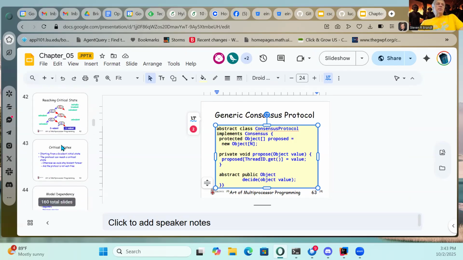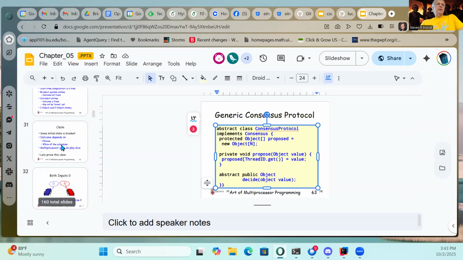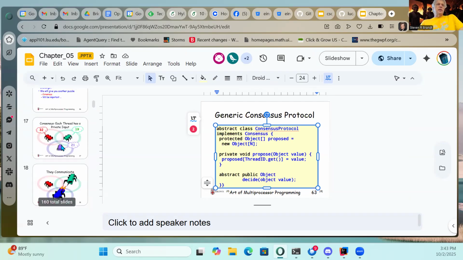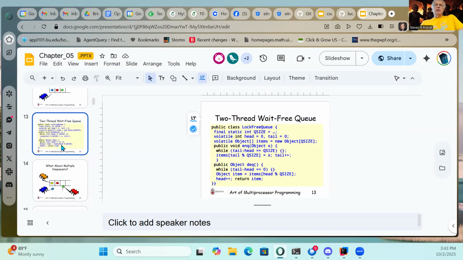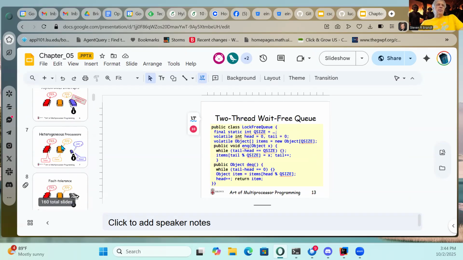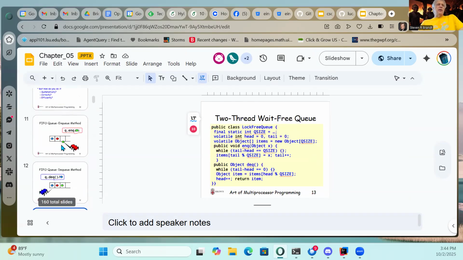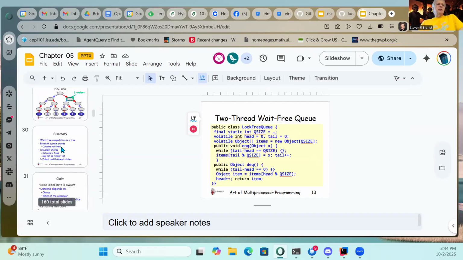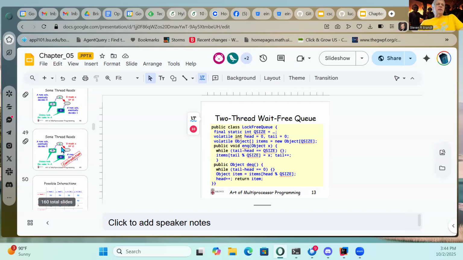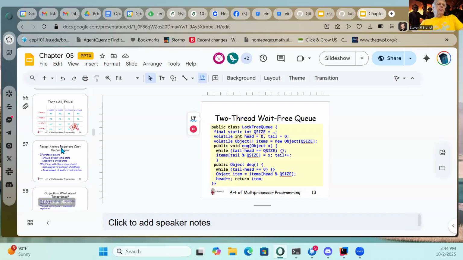This isn't the way I remember the slide. I want to explain it differently. All right. So the way I like to think of it is you have